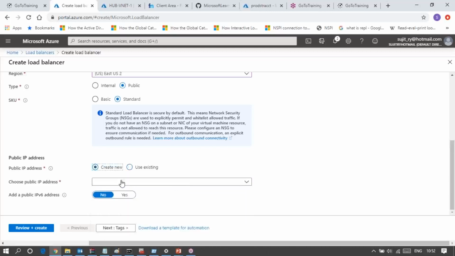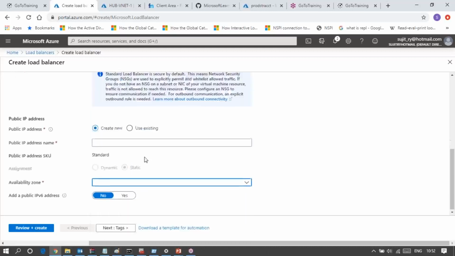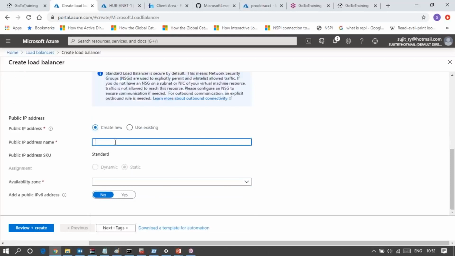No, I don't have. Create a new one. Prod LB PIP, for the load balancer public IP, for easy understanding. Assignment is static.